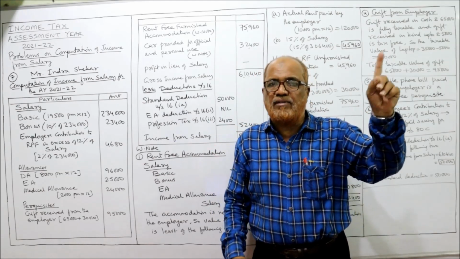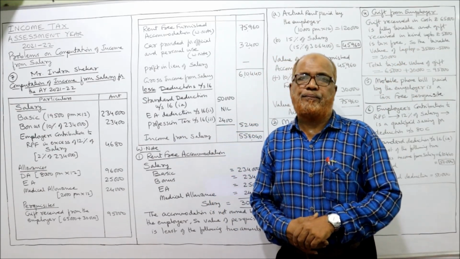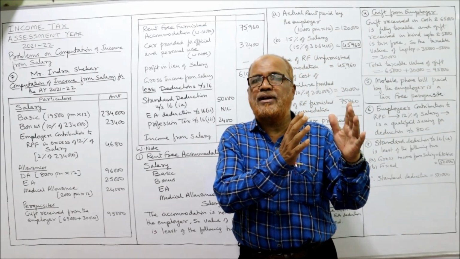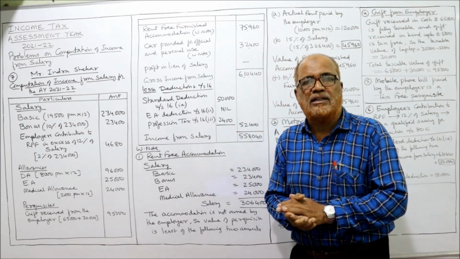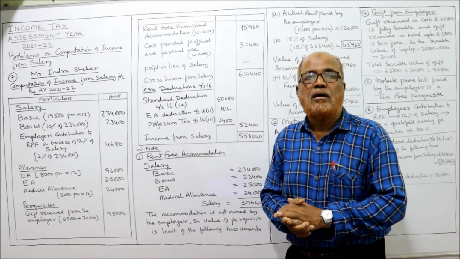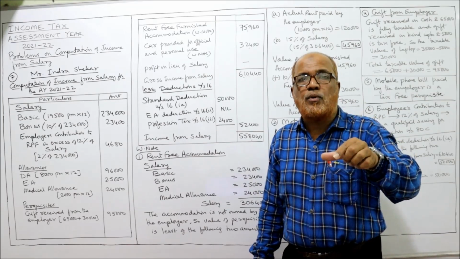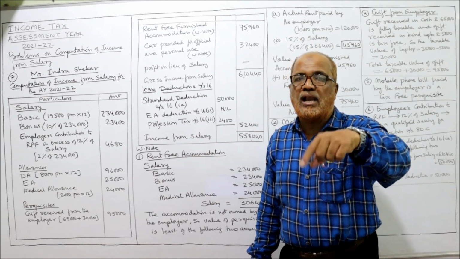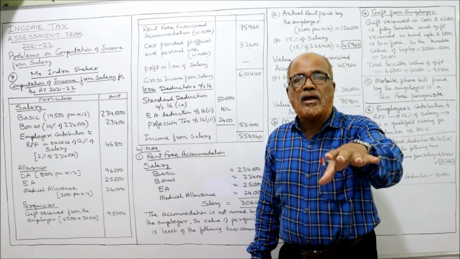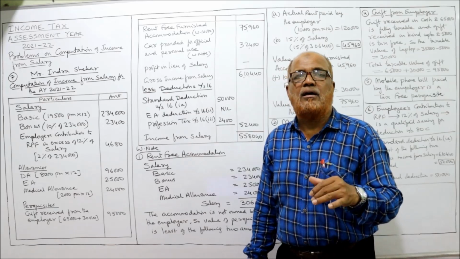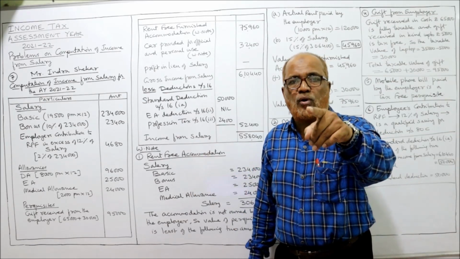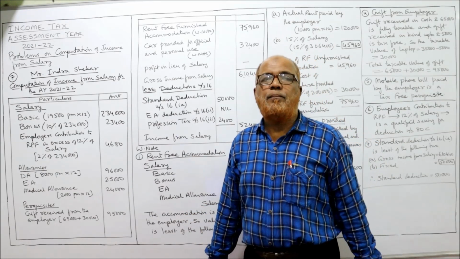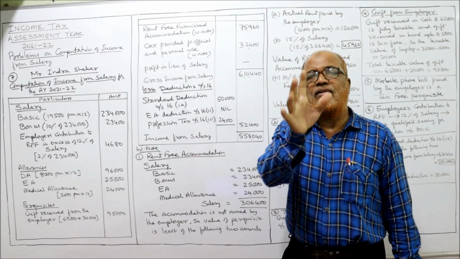All these provisions I have explained in the perquisites videos earlier. Already I have uploaded them. If you have watched those perquisites videos, definitely you won't find any difficulty. Otherwise every point will be a new one. So when a small car is provided by the employer to the employee for both official and personal use, and all expenses are paid by the employer: for a big car 2,400, small car 1,800. In our problem it is a small car. 1,800 per month is the value of the perquisite of the car.